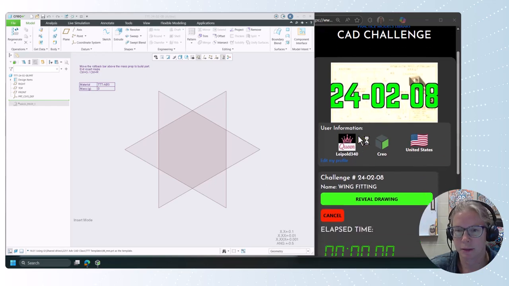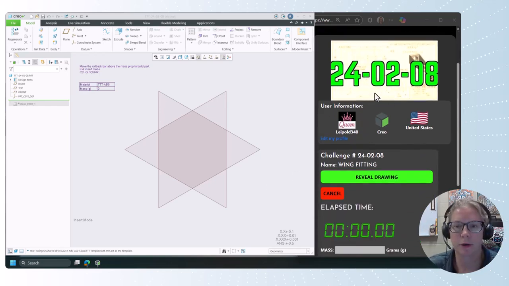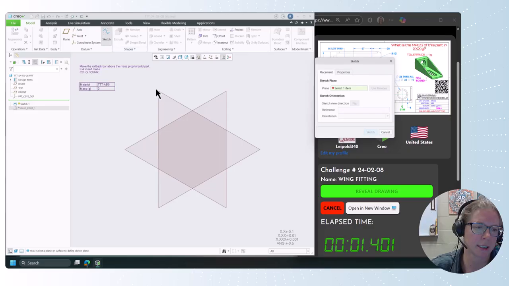All right, welcome back. It is 240208, and we've got a nice square shape counterbore. We got a slot. We got kind of a counterbore slot-ish. So we'll be using offsets. We'll be using sketch regions. Dimensioning's a little interesting here, but we're in grams, and here we go. So we're going to start with the sketch on the front plane,